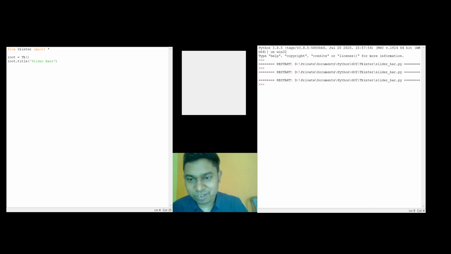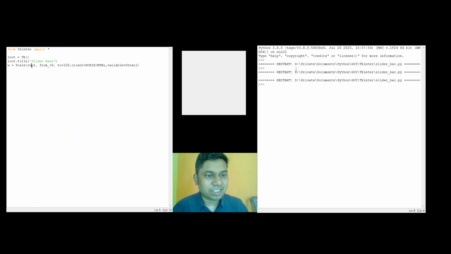Okay, so now it's time to make two slider bars. Like previous widgets, for slider bar we need the method called scale. So how do I import a scale? Say I name a variable w which is equal to this method scale.